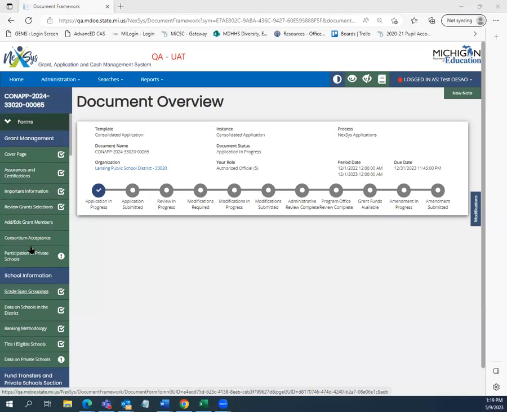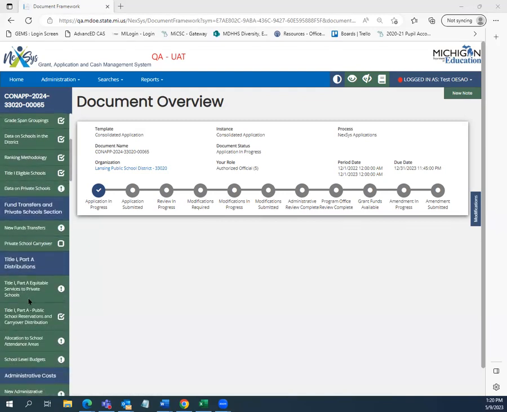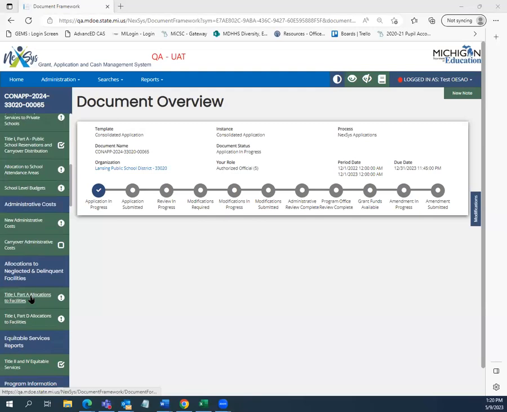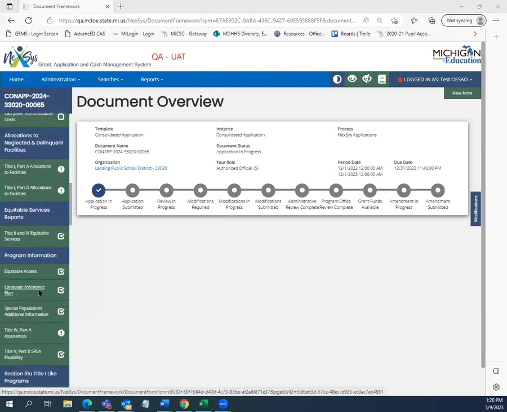Let's take a look at the overview of the budget groups and screens in the second half of the fiscal year 24 consolidated application. When I say budget groups, we are really talking about the various grants that can be a component of a district's